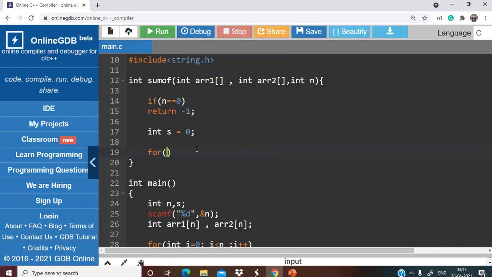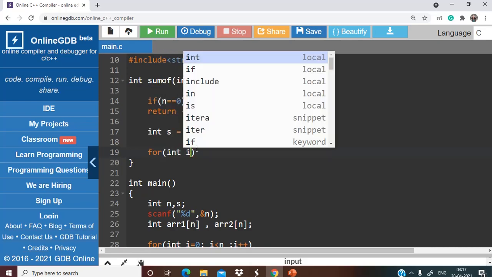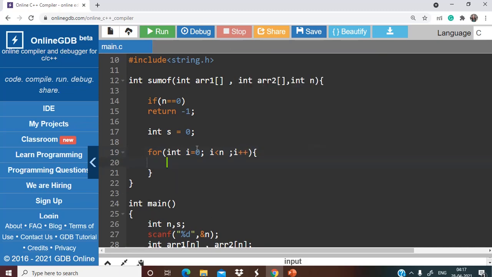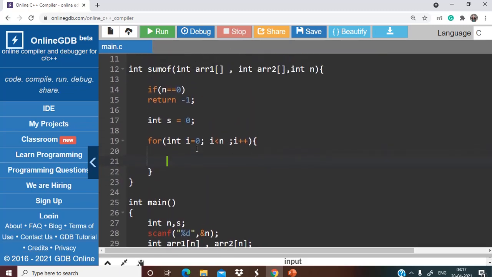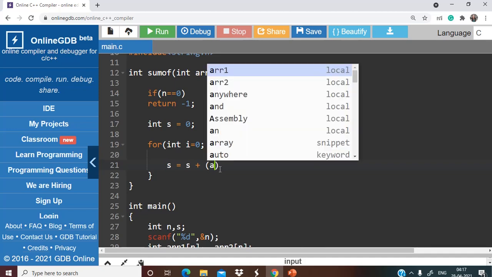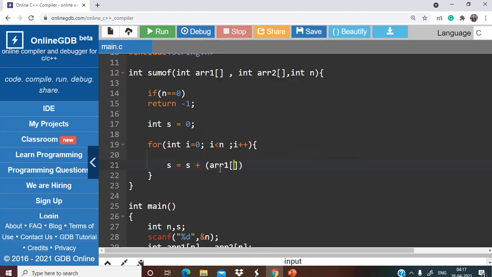So we'll simply run a loop, i equal to 0, i less than n, i plus plus. Now s equals s plus, and here we'll put this multiplication. I want arr1's ith element, here i is 0, so the first element, to multiply with the arr2 last element. How can I get the last element?